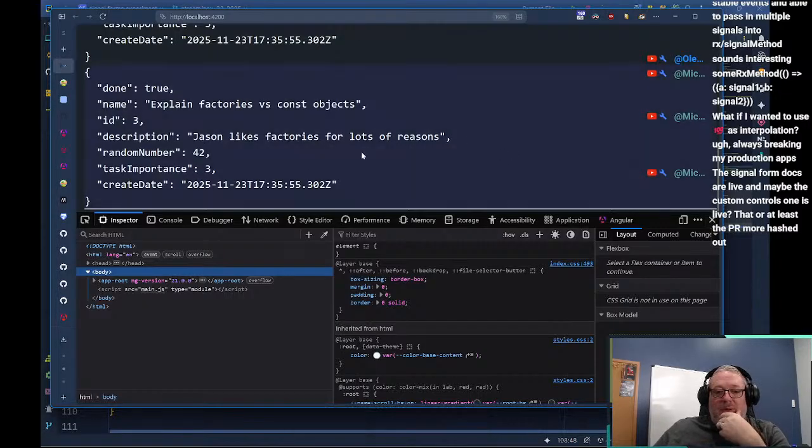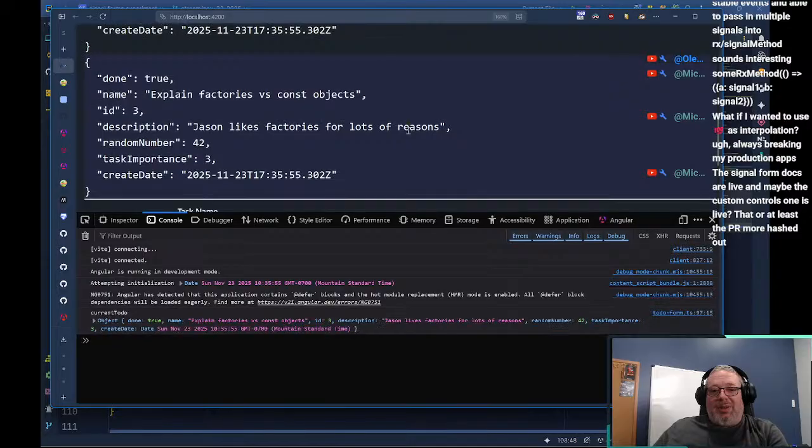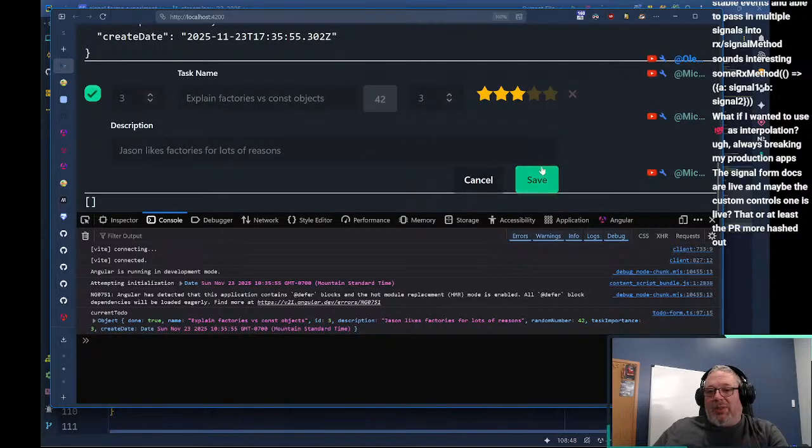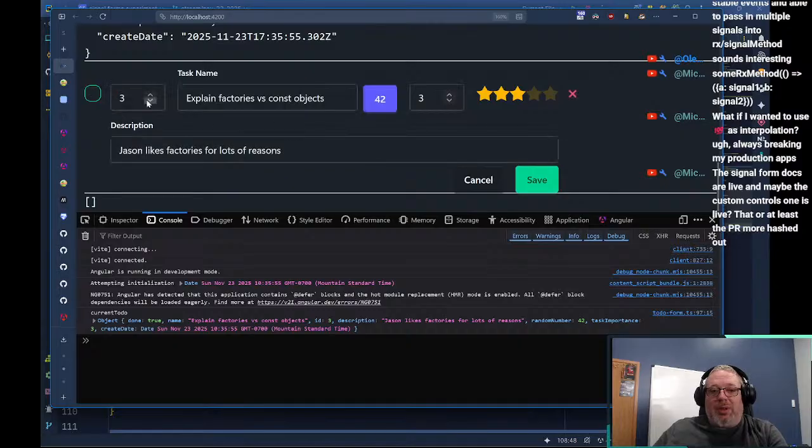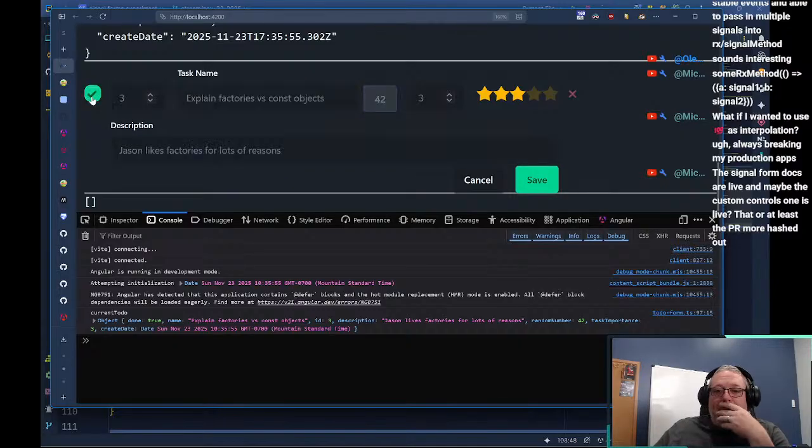Now if we go back to our console and let's edit this one. So we've got our cancel, we've got our save. It's fascinating to me that it looks slightly bigger, but whatever. You know what? I don't want the save button if, because we can't edit anything if it's not checked.